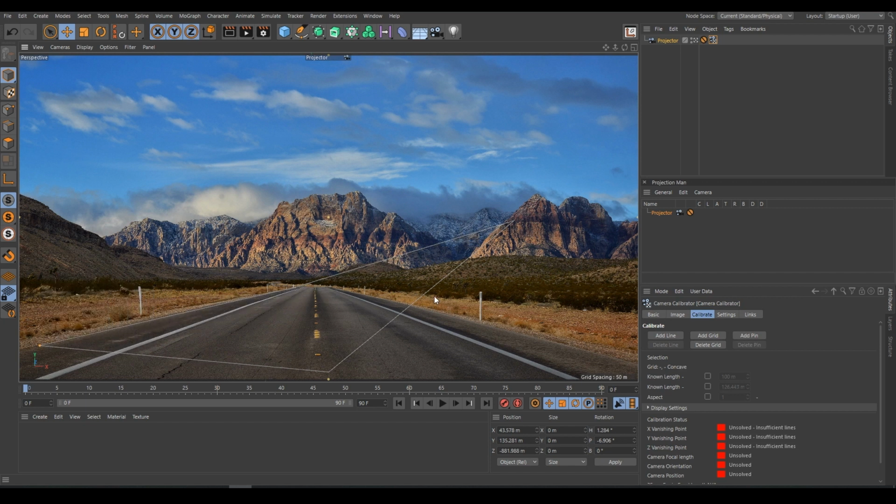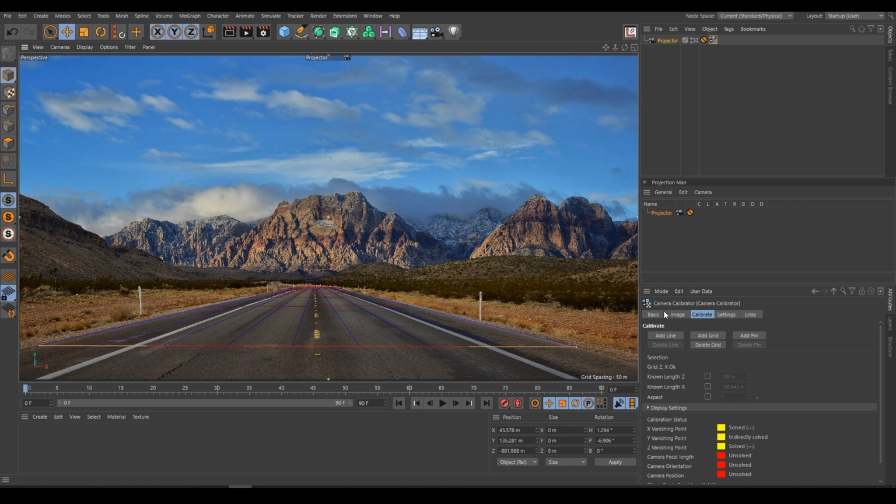So let's choose the lines and create the ground. By holding shift, you have to click on the line, and red means it's the X-axis. Click again, it will be the Y-axis, green, and another click will make it the Z-axis, blue. So that's the Z-axis, and then this one will be X